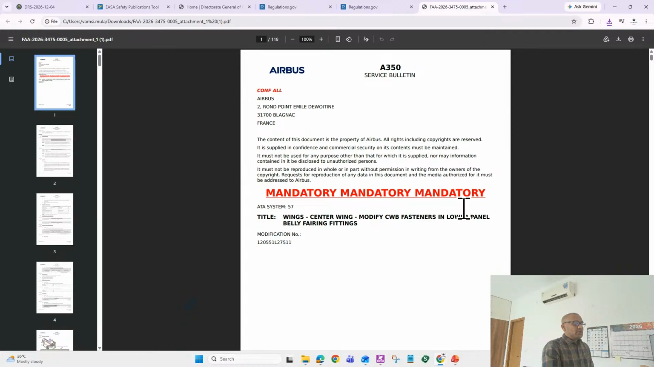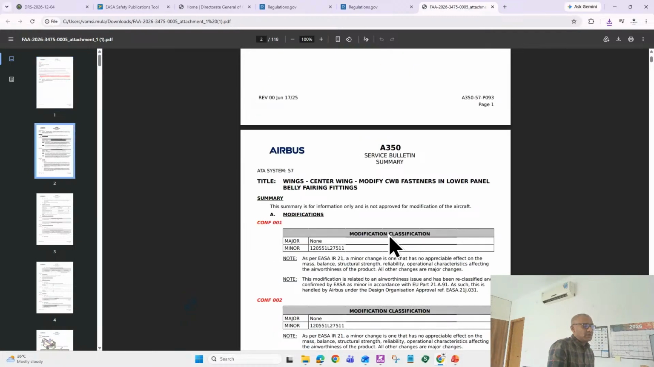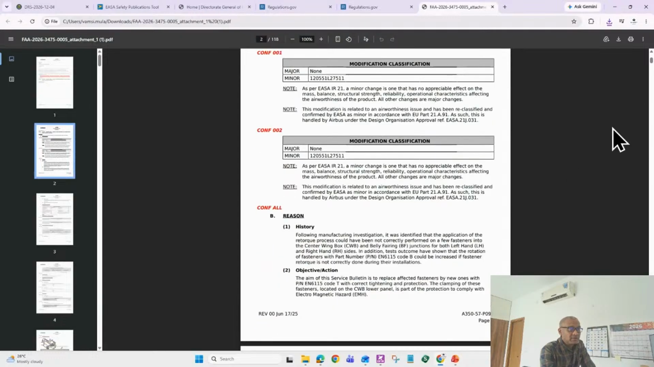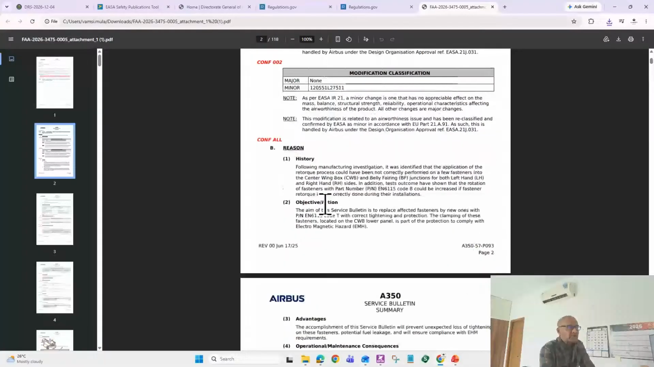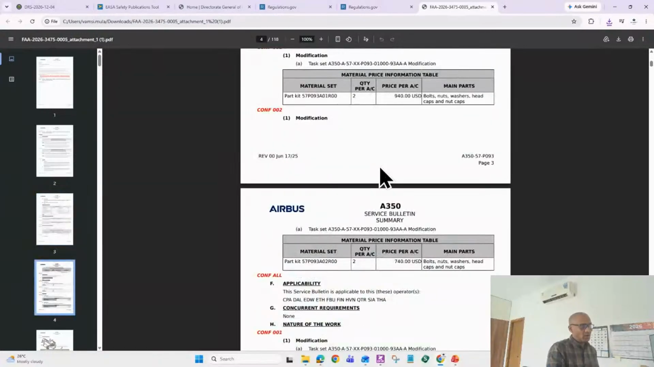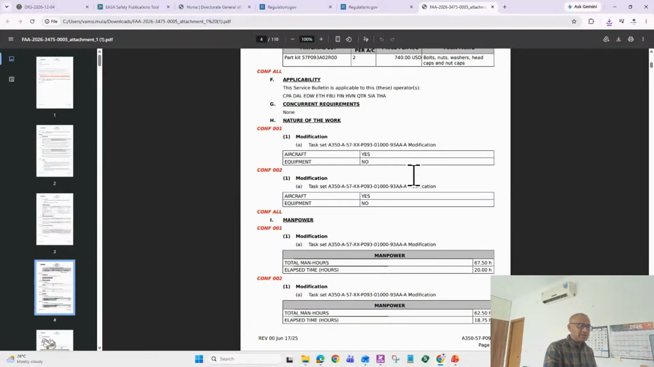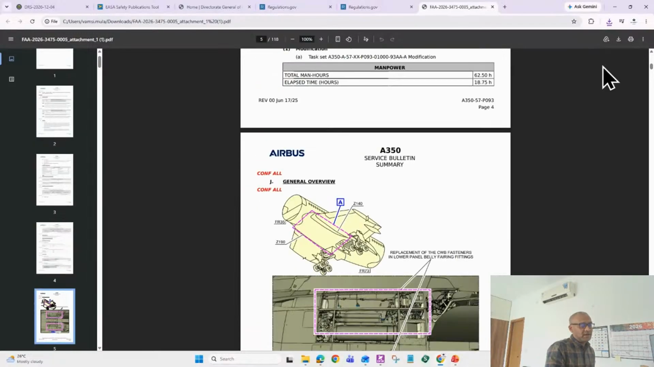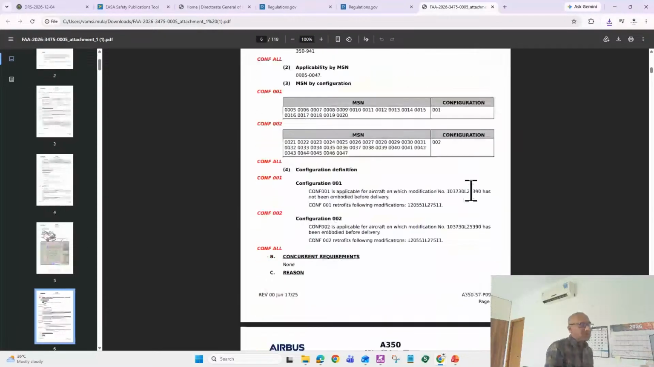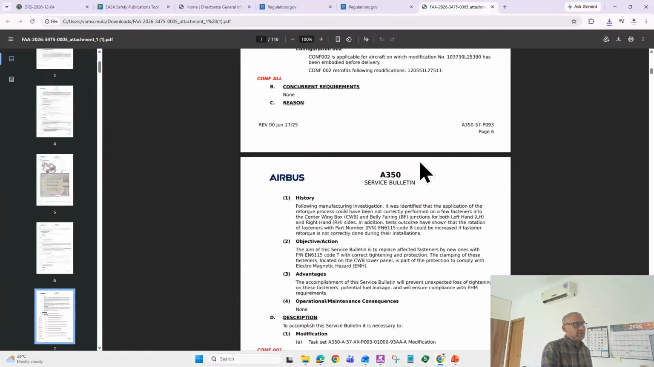So this is a mandatory service bulletin, as you can see here. The title of this is for the wings, to modify the fasteners in the lower panel belly fairing fittings. The service bulletin will go into quite full detail: the affected component, what needs to be done, and all. So I'm just pointing out that engineers can access this information and improve their understanding of the structure. It will give you where exactly the problem is and what the affected aircraft are, the history